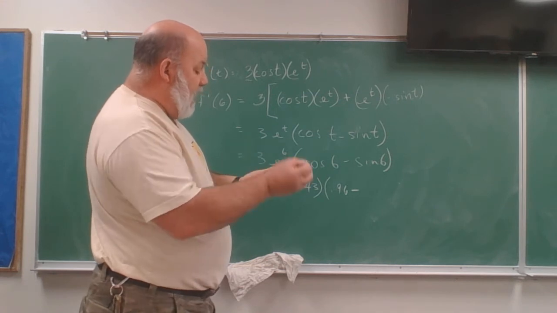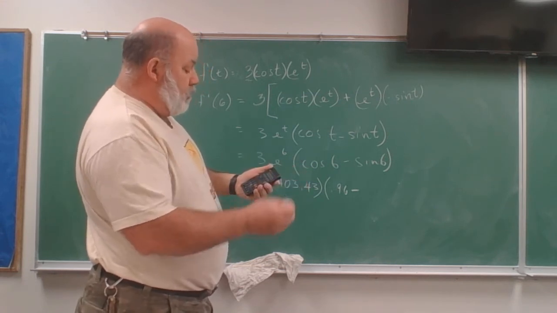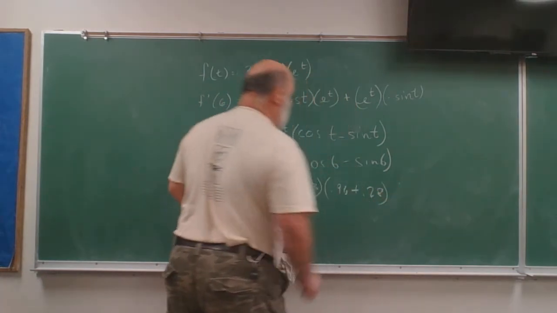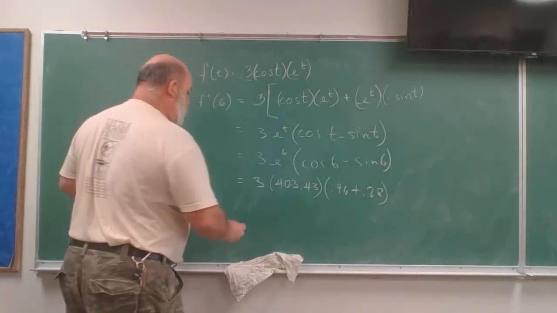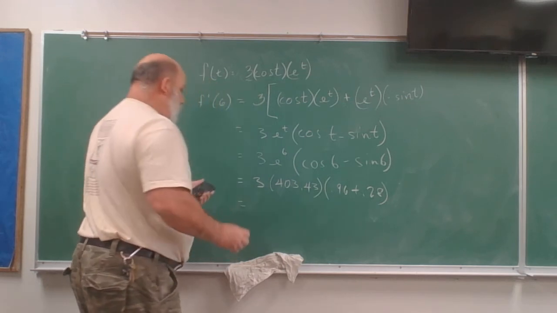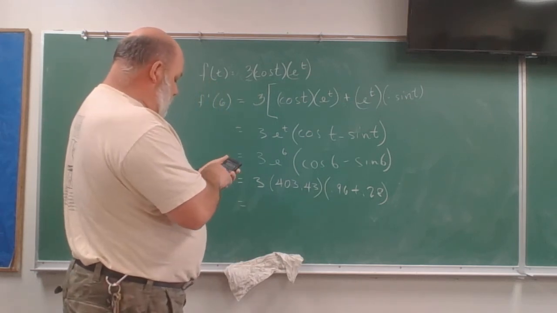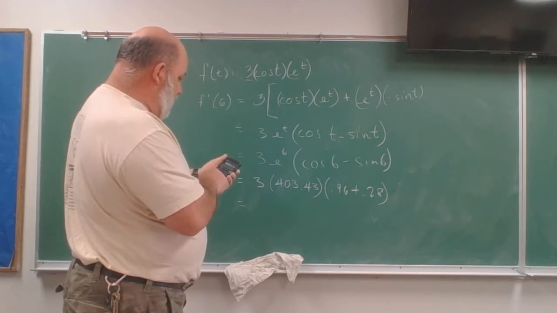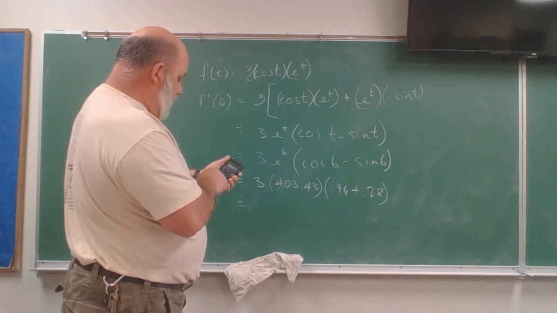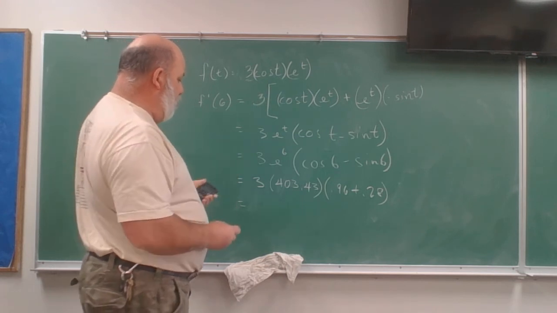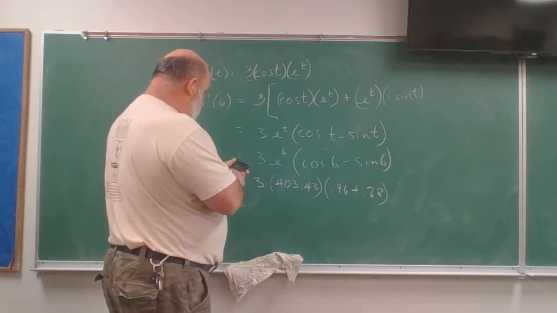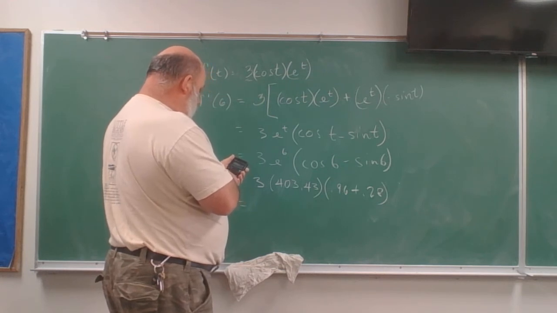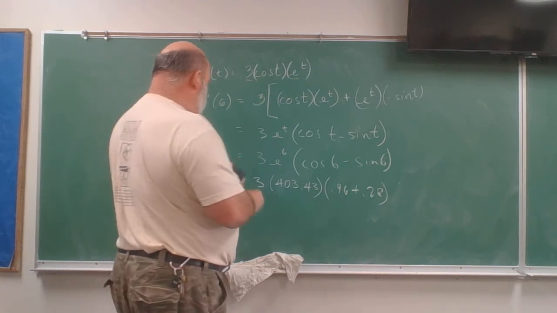It's negative 0.28, so it's going to be plus 0.28 because it's minus a negative. Let's go ahead and work this all out. So 0.96 plus 0.28 equals 1.24 times 3 times 403.43 equals, and I get